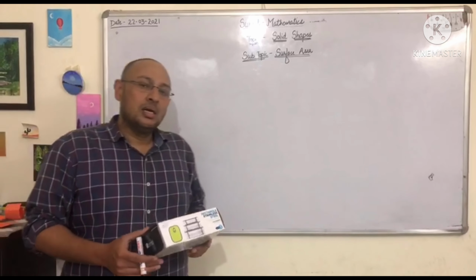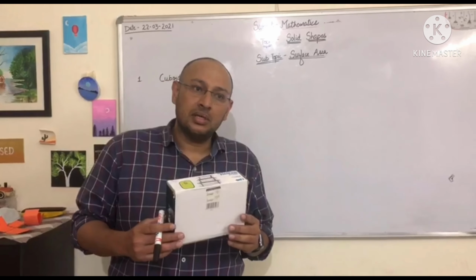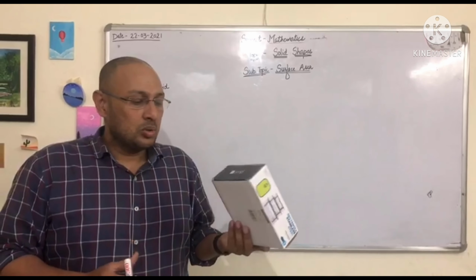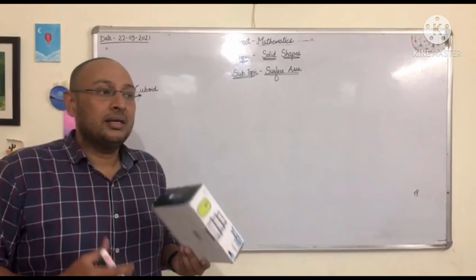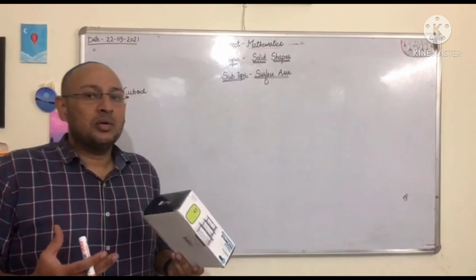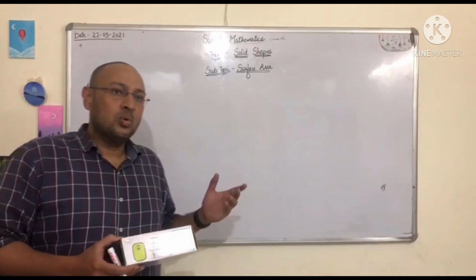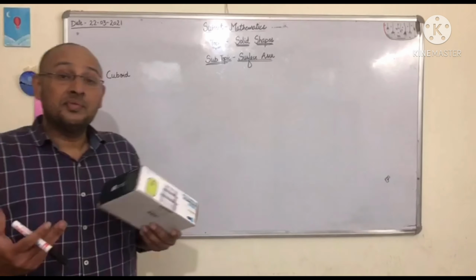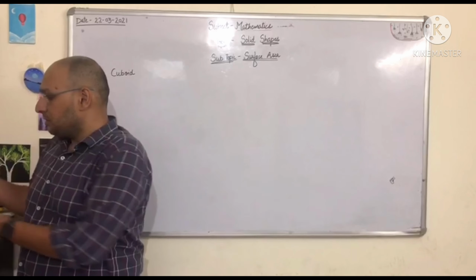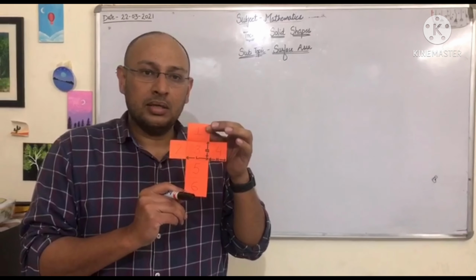The basic example of a cuboid in real life is this box, which is available in every household. It's there in every house. So this is the best example of a cuboid, and another example is the room in which we are teaching as of now. A cuboid has six faces, right? So let's try and understand how we calculate the surface area, the curved surface area, or the total surface area of a cuboid. This is how the cuboid is made.